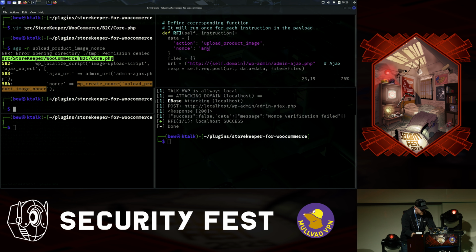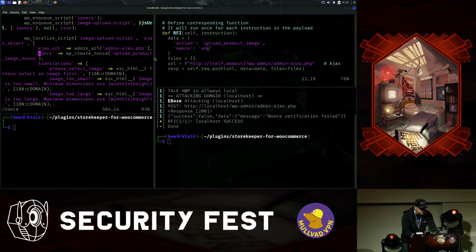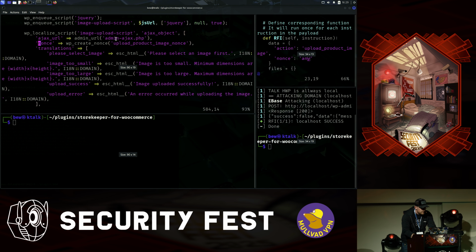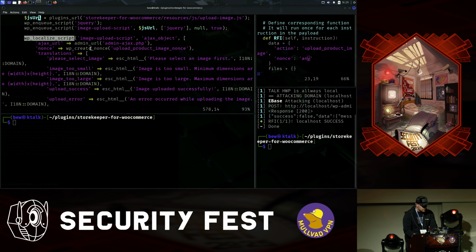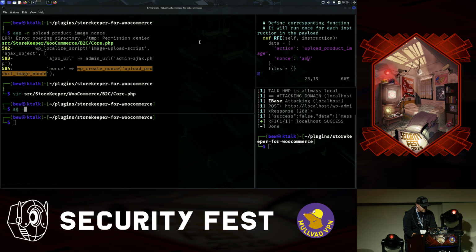So if we open this up, I can make it a little bit bigger for you. We can see the localized script here, and we do it again. I need to see where's the closest entry point. So I just scroll up, and I find my closest entry point is NQ Media Uploader script. I copy that, exit out, I go